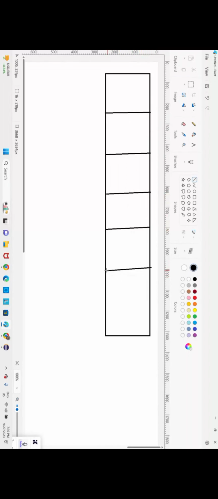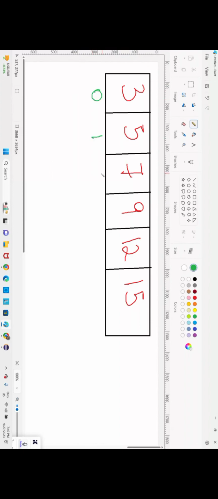Okay, so we'll go for elements 3, 5, 7, 9, 12, and 15. Indexes are 0, 1, 2, 3, 4, and 5. After this, now,